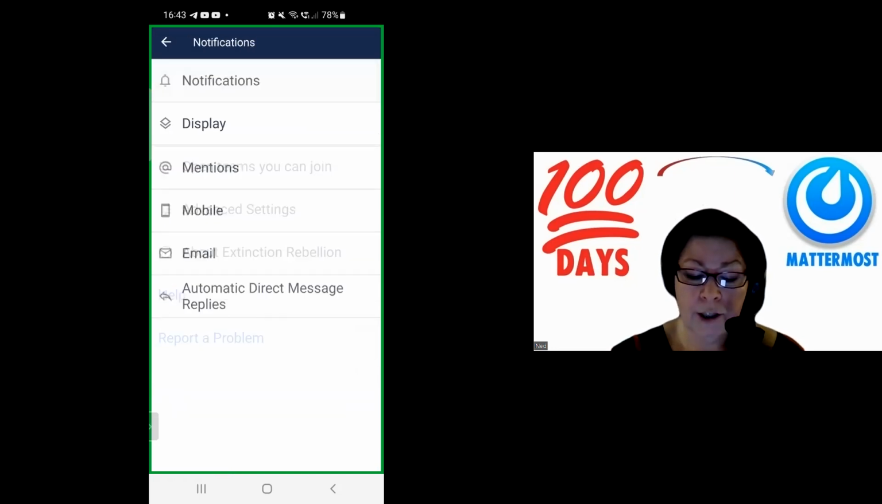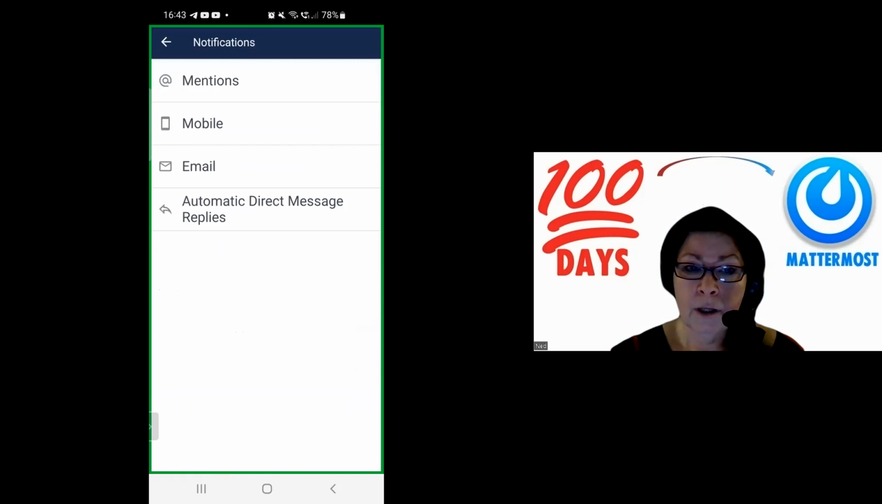Tap notifications. The first one where it says at mentions, this is how we notify people on Mattermost. We use an at symbol immediately followed by their name or their handle as it's known on Mattermost. Make sure there's no spaces between the at sign and the name of the person. If you tap mentions,